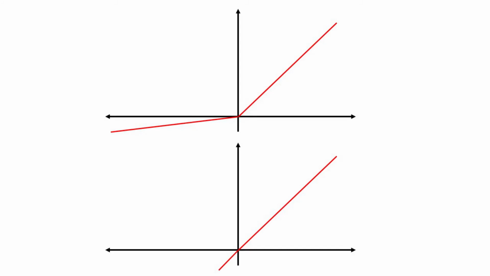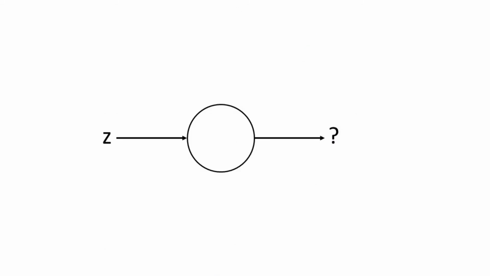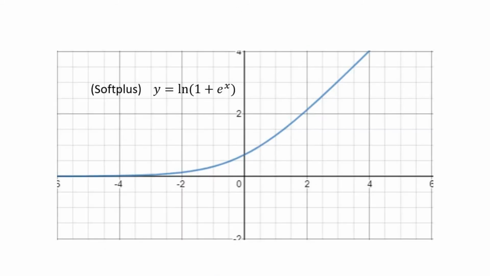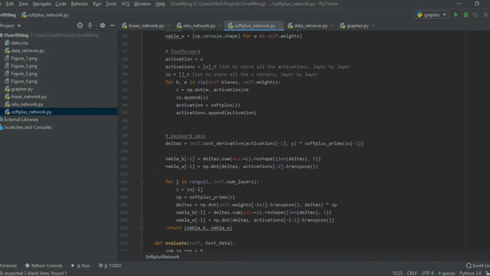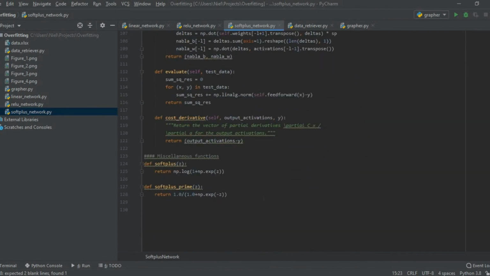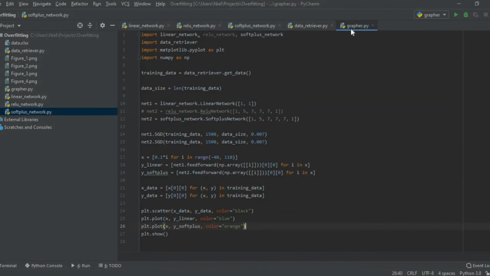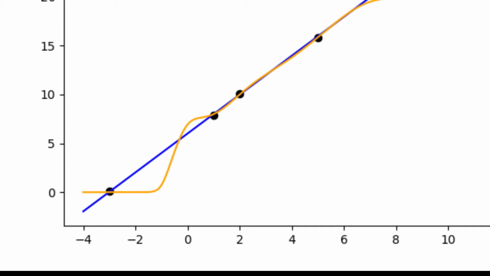I thought the similarity between the models was due to the fact that ReLU behaves like the identity function for positive inputs, so I decided to look for another activation function that would deviate from that, and I ended up choosing SoftPlus, which is basically a smoothed out version of ReLU. I created another class called SoftPlusNetwork and implemented the appropriate activation functions at the bottom. Then I redefined some variables in my main script and ran again, but the new model still followed a linear